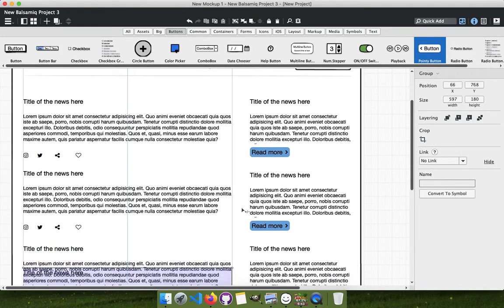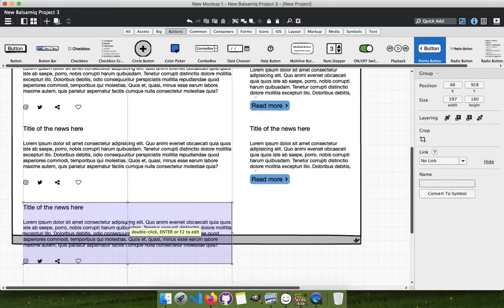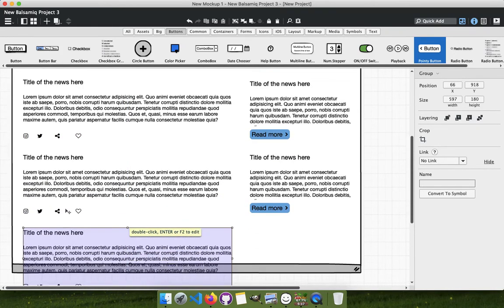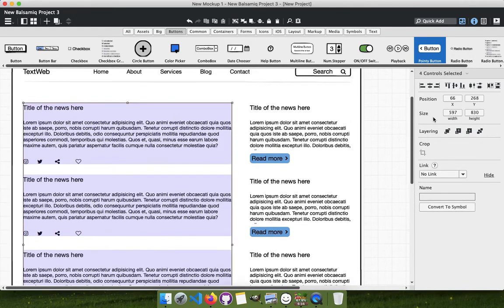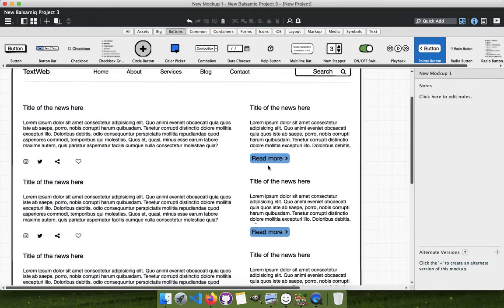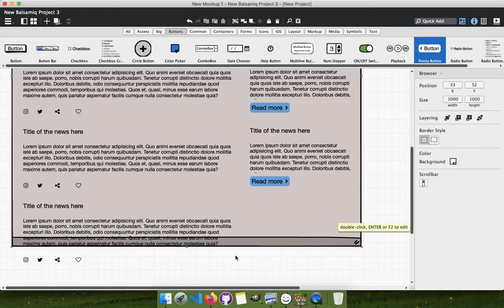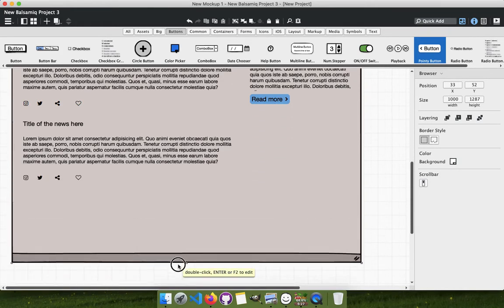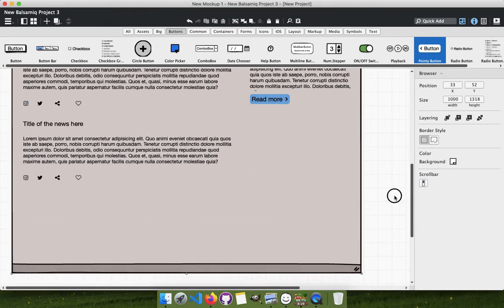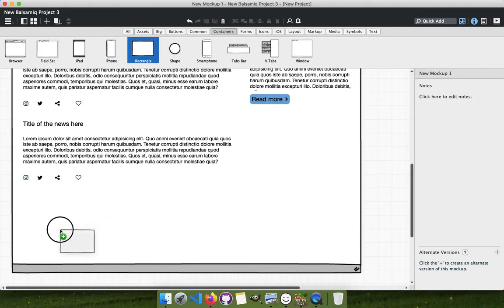Why is it not going down? I think it has gone beyond the browser width. We will need to space them as well. So just press this thing and they are spaced. Now we need to expand the browser. Just unlock the browser. Okay, I think this much should work. Okay, again press the browser, lock the browser, and now we need to create the container for this footer, and